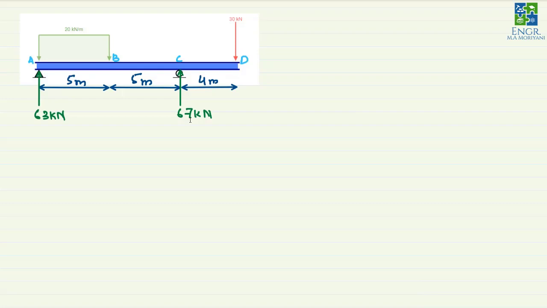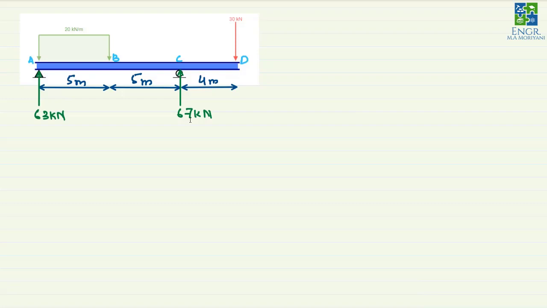And in order to do that, we have to divide this in such a way that there are no any discontinuities in the loading condition of these regions. Now obviously you can see that from A to B we have no any discontinuity in the region. So we consider this A to B is our one region, and from B to C we can also see that there is no any discontinuity in the region. So we will call that B to C as our second region, and from C to D we can see that because there is no any discontinuity in the loading, so we will call that as another region. So we will be dividing this into three regions: A to B, B to C, and C to D.